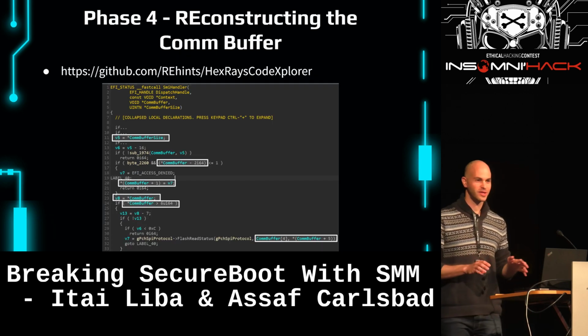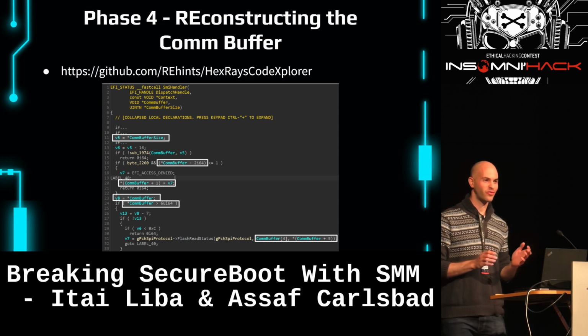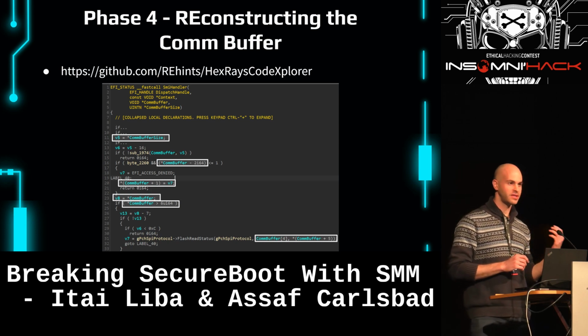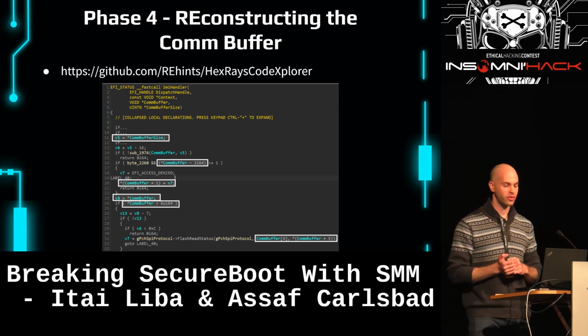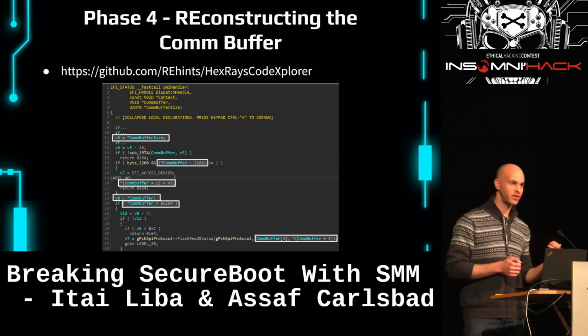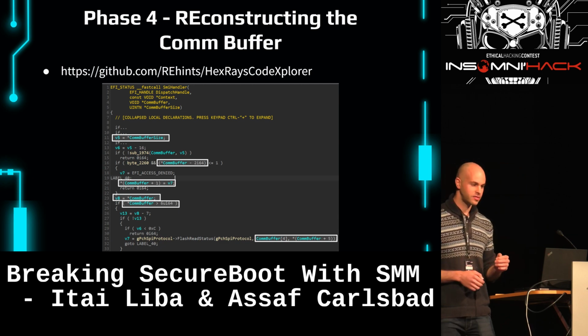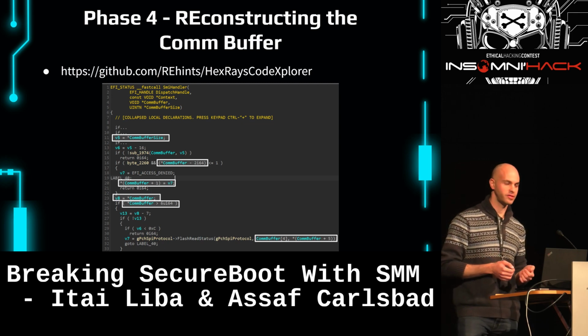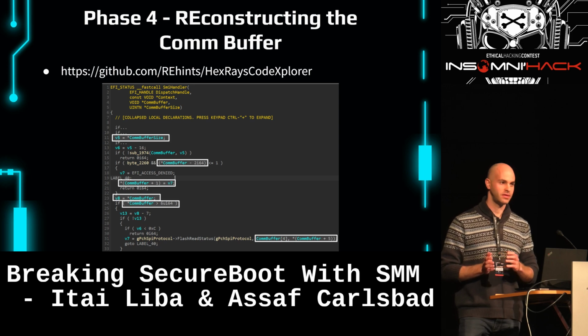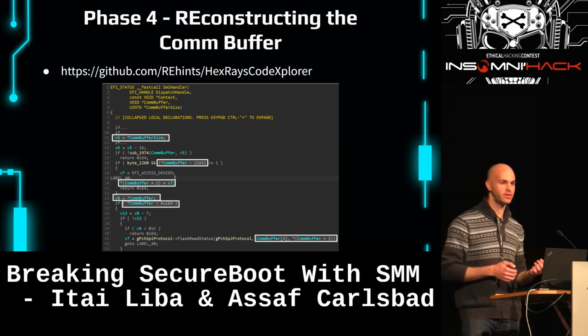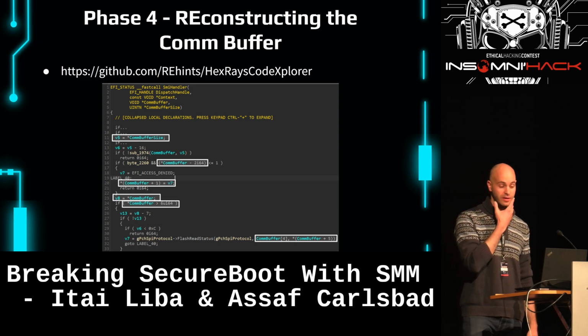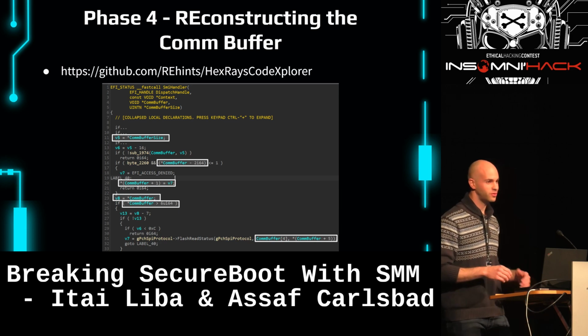Okay, so just as a quick reminder, basically what we are looking for are SMI handlers that don't sanitize pointers nested within their communication buffer. But for that to work, we first have to figure out whether or not the COM buffer holds any nested pointers in the first place. Normally we can do it manually as part of the reverse engineering process. But in the case of Brick, we needed to be able to do that automatically. So to do so,